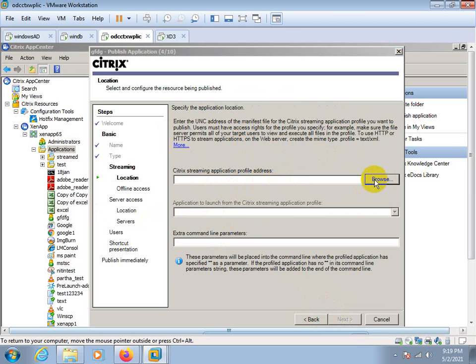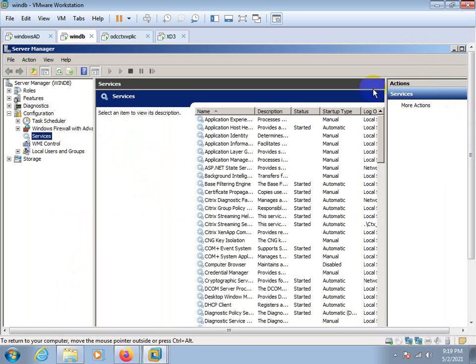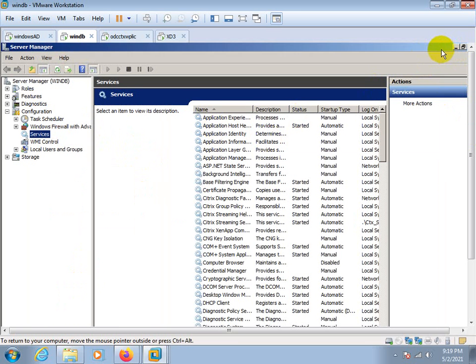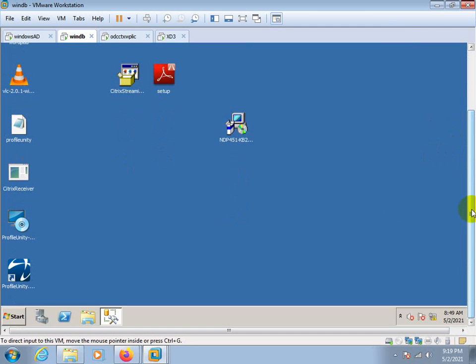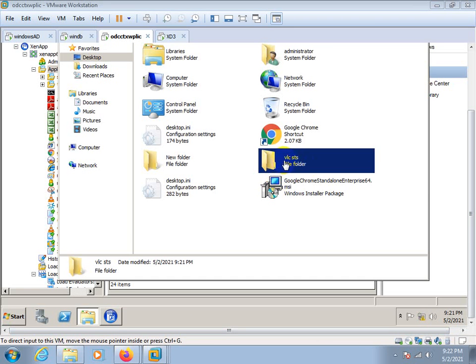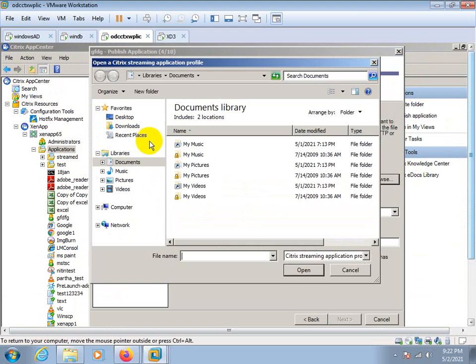Where is the profile created? So we have a profile, we have a stream profile for VLC. So I need to browse.